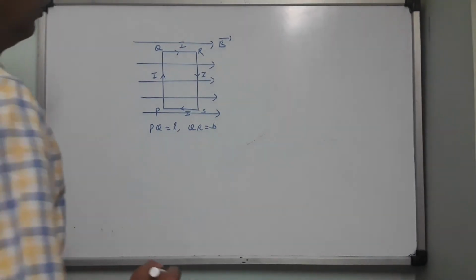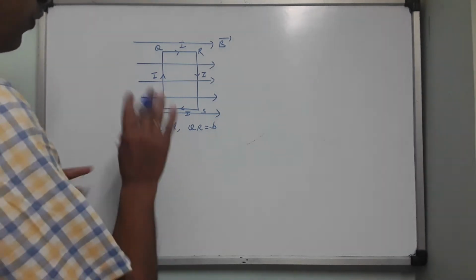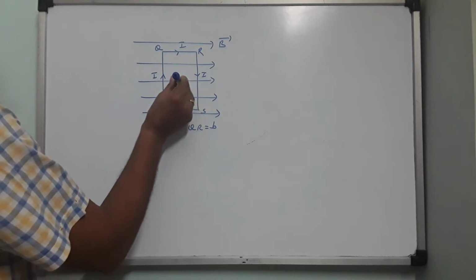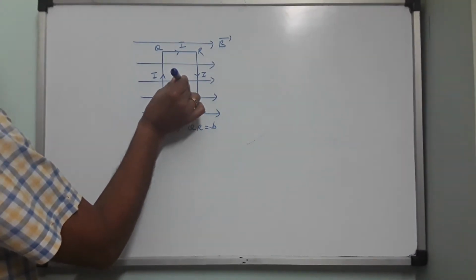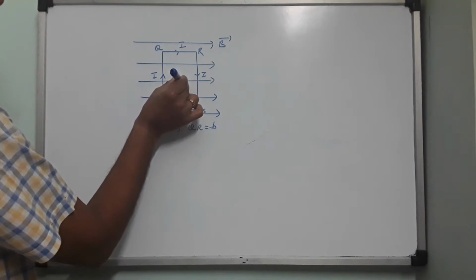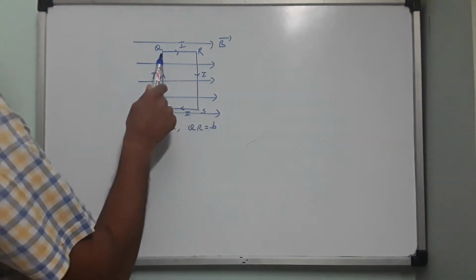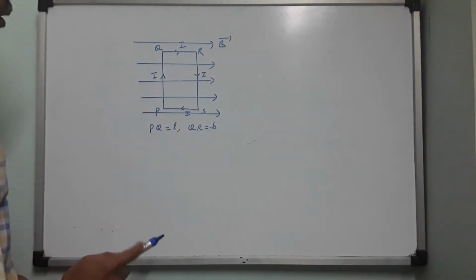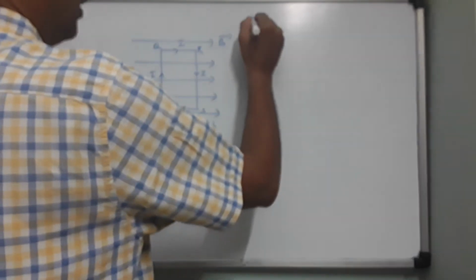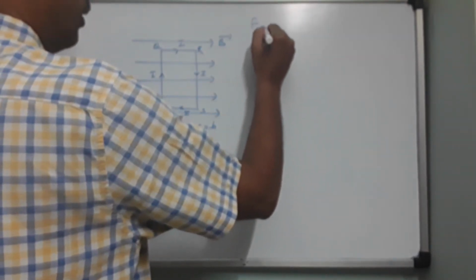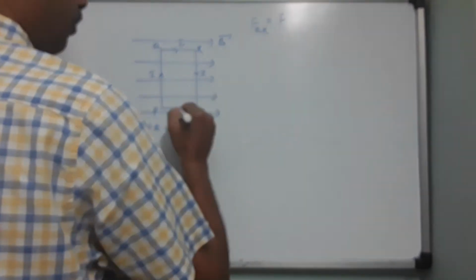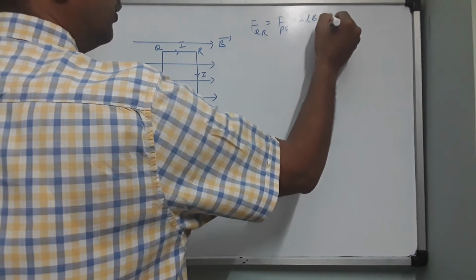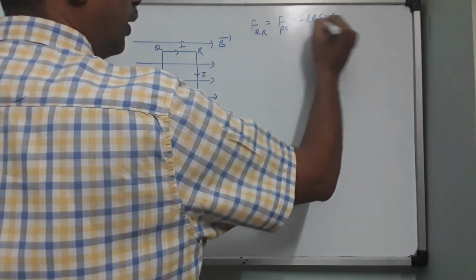And we have shown in the previous class that for this orientation, that is, if the normal of this coil is perpendicular to the plane of the board, it is also perpendicular to the magnetic field direction. Therefore, the sides QR and PS are parallel to the magnetic field, and we concluded that force F on QR equals force on PS is nothing but I L B sine 0 degree. Sine 0 is 0, so the entire thing will become 0.